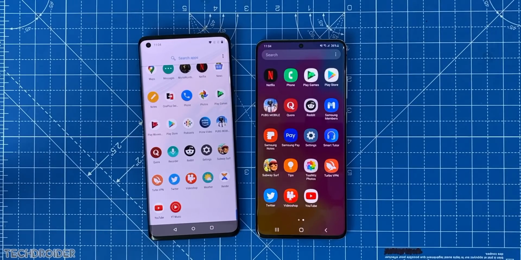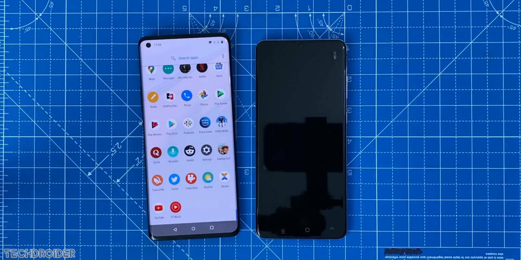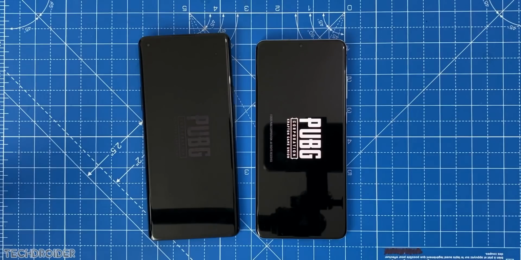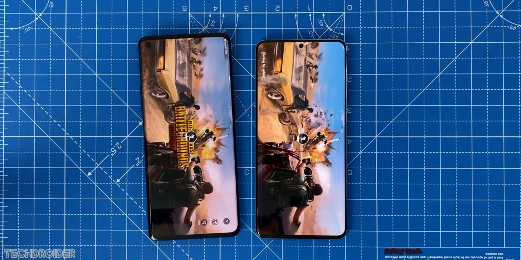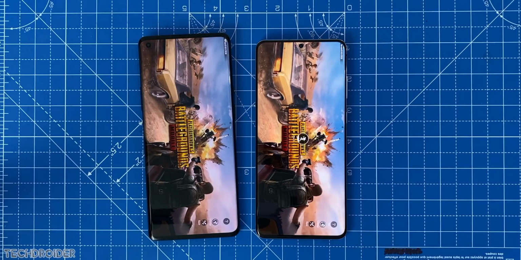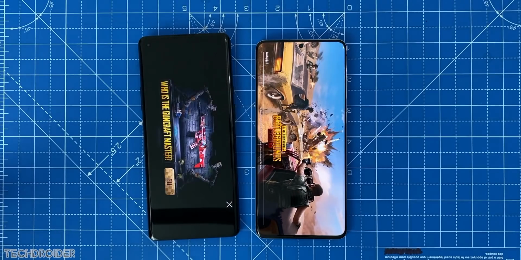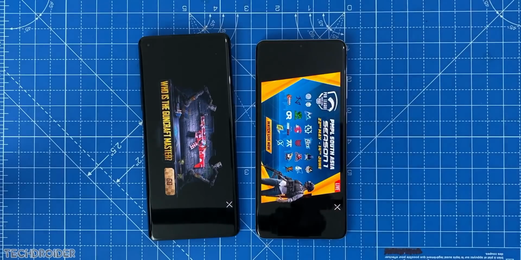Now some really huge games like PUBG, 3, 2, 1. And the Exynos 990 is a decent CPU but not as great as the 865. So you can see the OnePlus 8 Pro is a clear winner here, and that's by a noticeable margin.